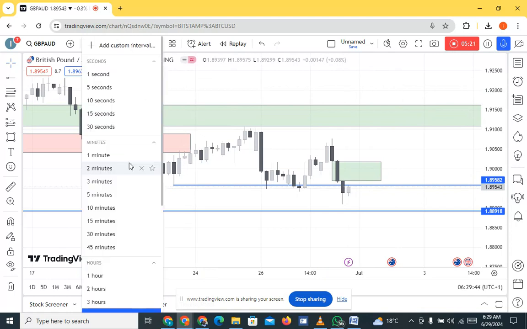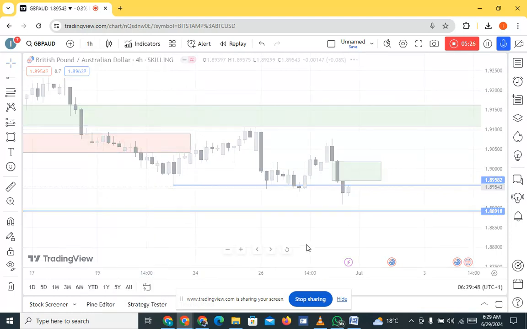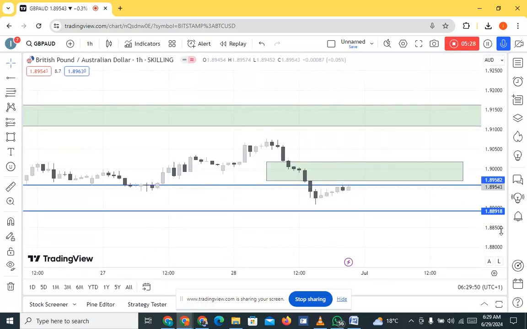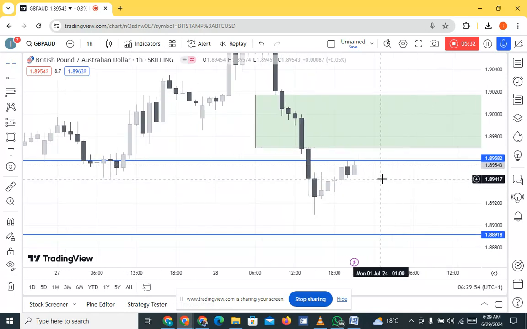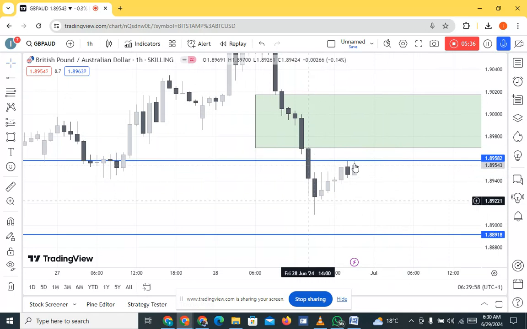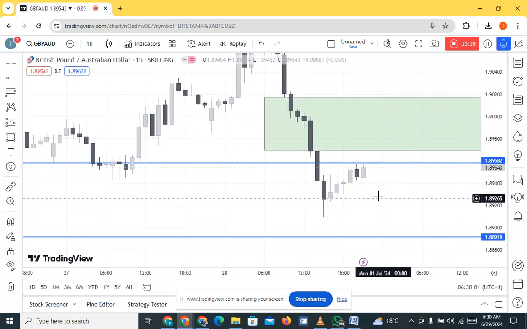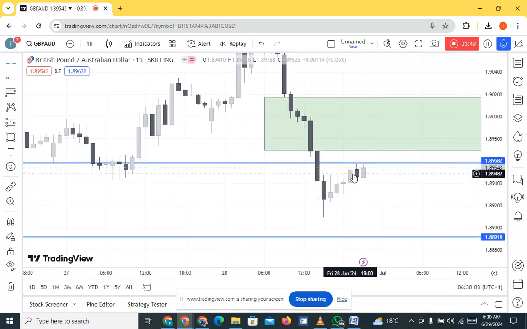If we go down to the 1 hour to confirm, this is it. You see bullish price action right here. Although a fair value gap hasn't been created yet, you see bullish candles being created to the upside. Now price is inside this PD array, inside this fair value gap right here, but I don't think